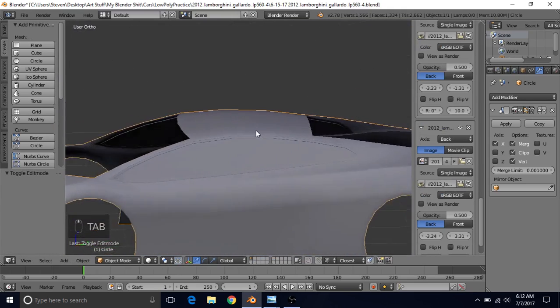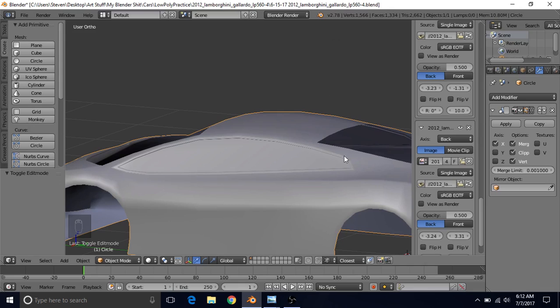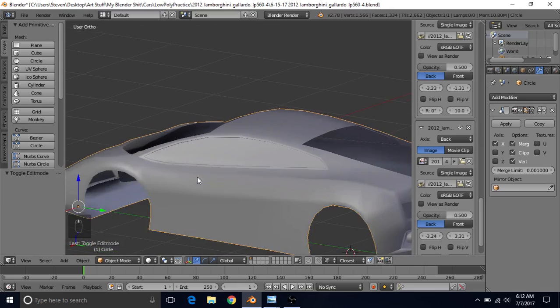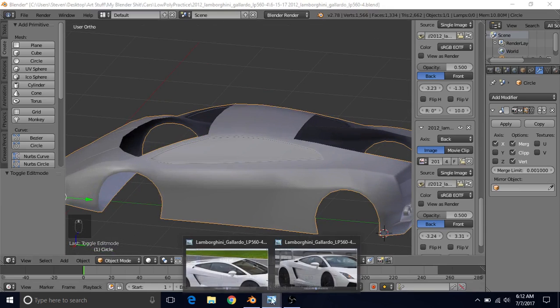So now we have something like this. Like, this is thinner than it was before. It's more physically accurate, I think. So that looks nice. But now,